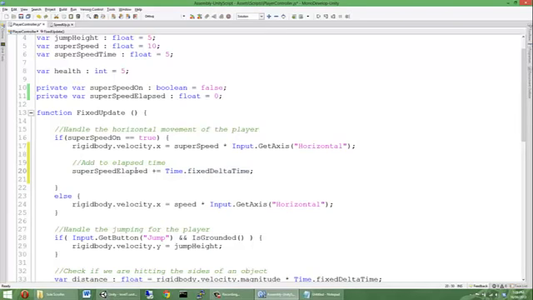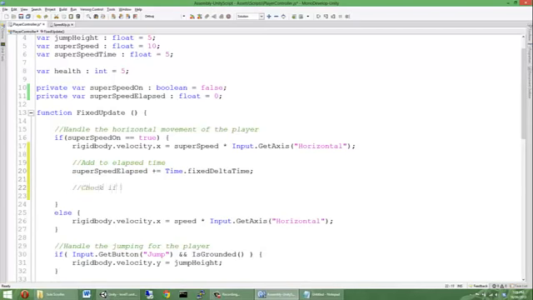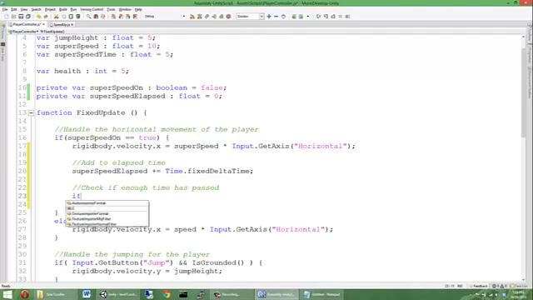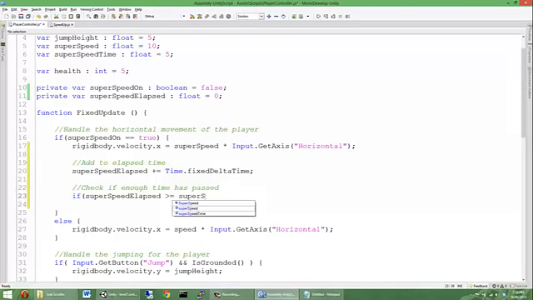And basically what that does is it just creates a little stopwatch, adds up, and we're now going to check if enough time has passed. So if super speed elapsed is greater than or equal to our super speed time,